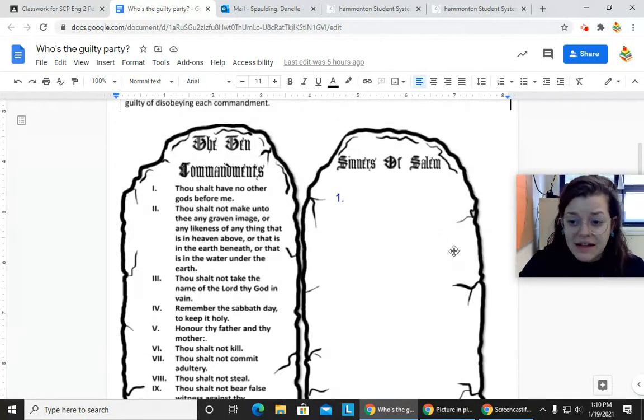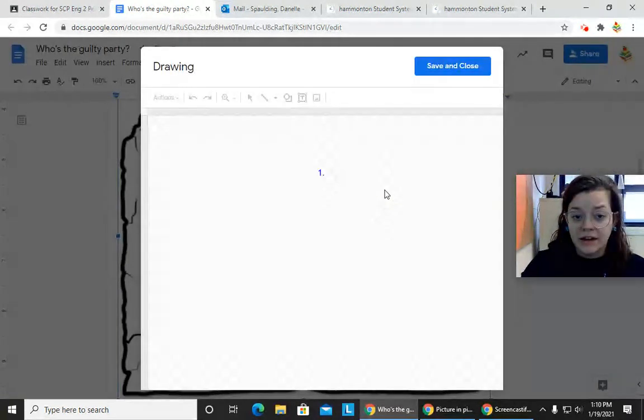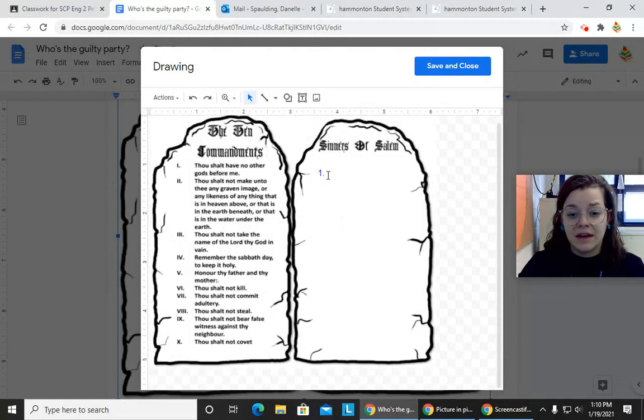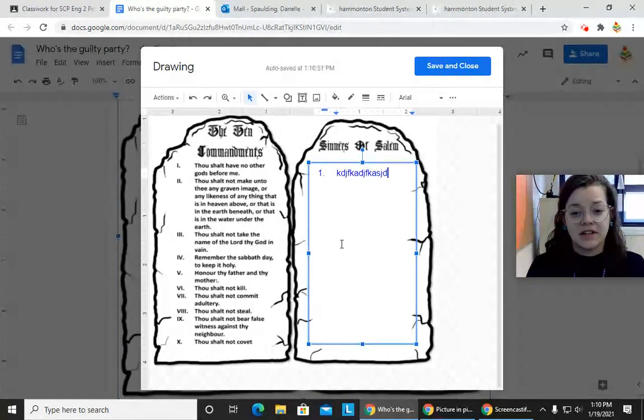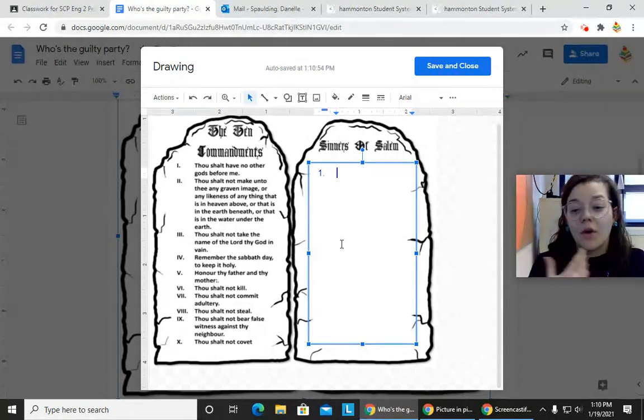But how do I type in this? How do I get this open? Google Docs is a little funky. It just doesn't work as a Google slide. It was too small. So you have to double click in order to be able to type in here. So you'll see right here, you can type in here. And you would just go 1, and maybe you're going to decide who that person is. So I'll do the first one with you.